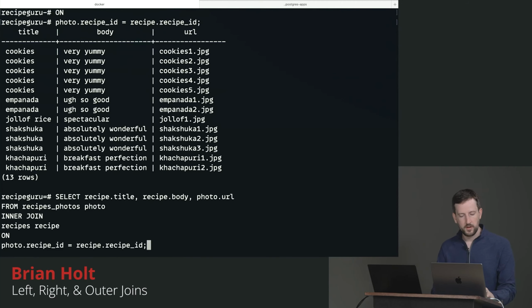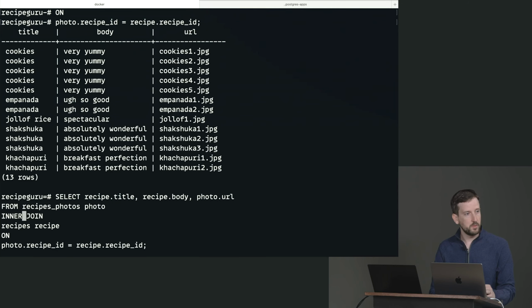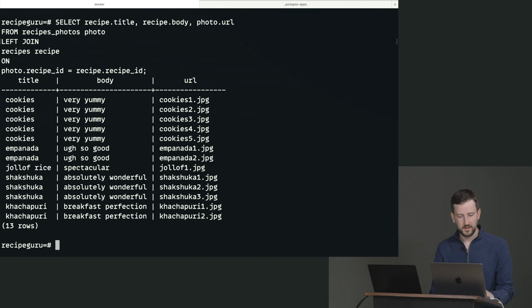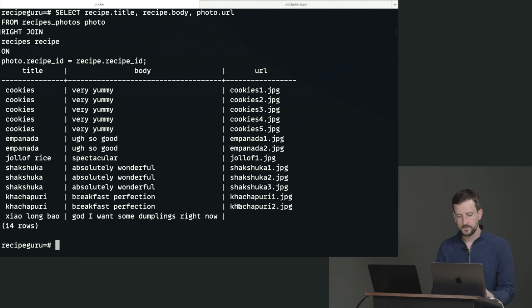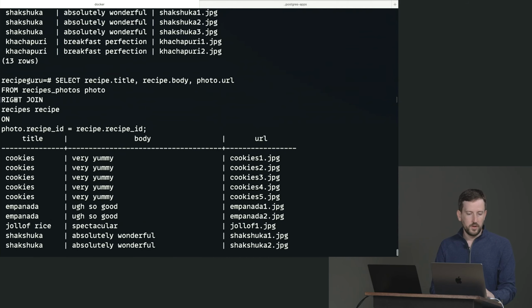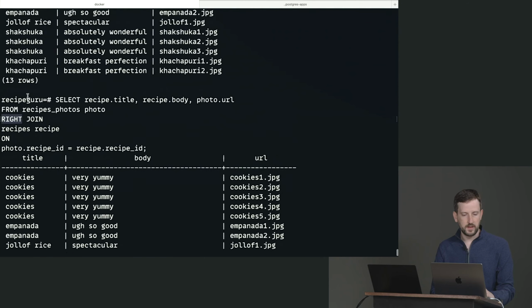Well, since we're already here and we have this, what if we wanted to include it? What would we do? It's in the from table, so you do a, nope, wrong one. See, this is the thing that I always get messed up on, left or right. It's right. So we do what's called a right join, which basically means that anything that exists in the recipe table, the recipe, oh, that's why. Anything that exists in the joining table, not the from table, the original table, I want